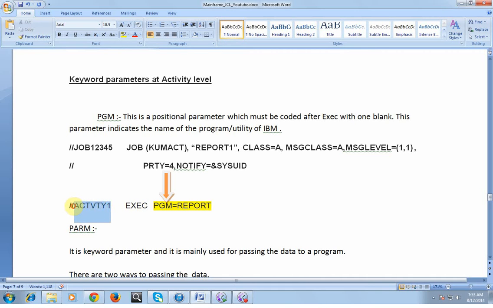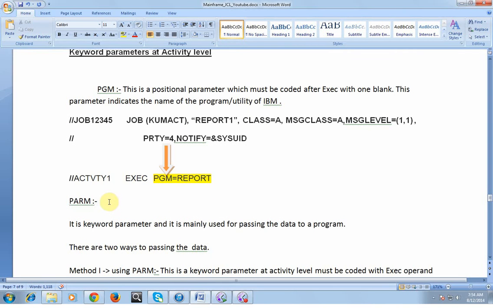Someone can call it a step. In my earlier class I told that we can consider this as a step, or it can be considered as an activity. To have a clear understanding, I'm calling it activity 1. If you are going to use multiple programs in a single job, you can call them activity 2, activity 3, and so on, or step 1, step 2, step 3, and so on.